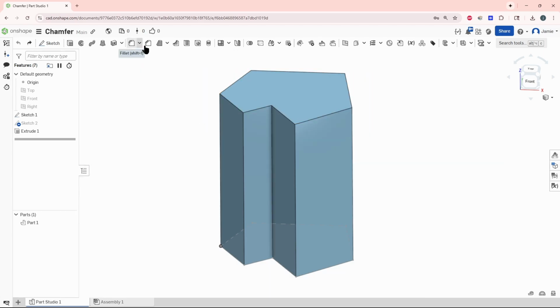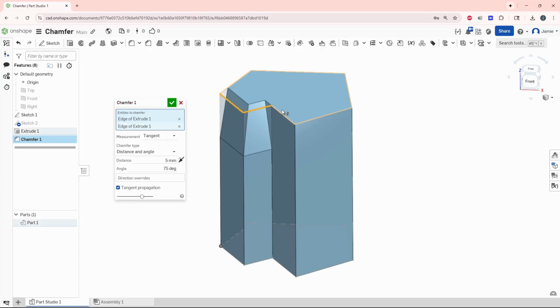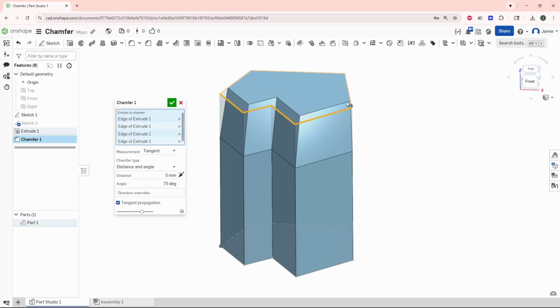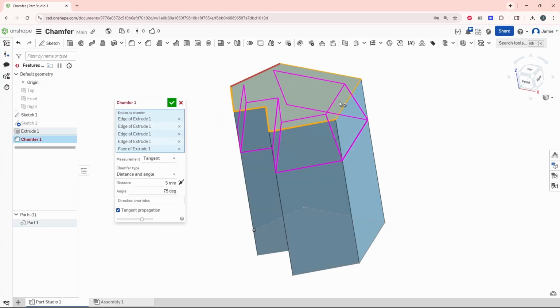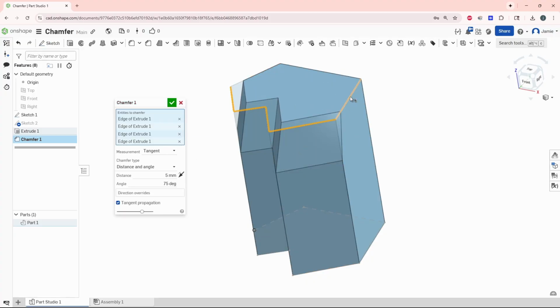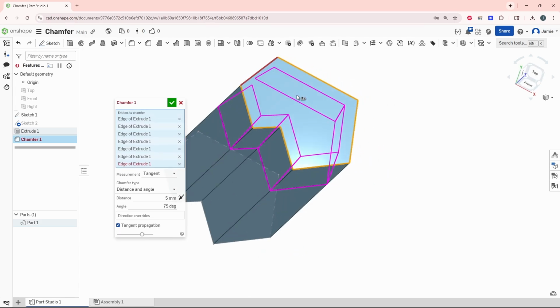Let's try that again. Chamfer. We're going to do distance and angle, 5 millimeters by 75 degrees. We're going to click on our edges here, and we can see each one of these is creating a chamfer. I accidentally clicked on the top surface. You see it says face of extruded. We can just click on the little X to get out of there, and we can click on continue to click on these edges individually,